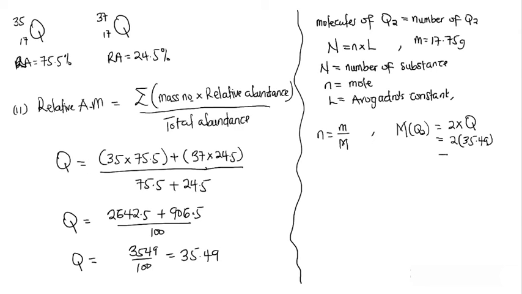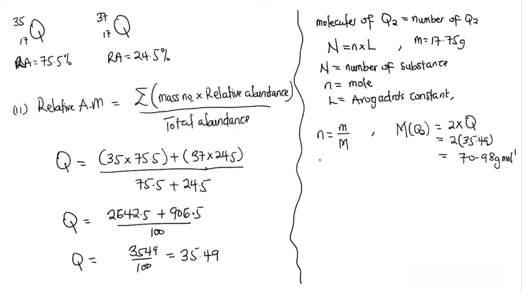So 2 multiplied by 35.49 will give me 70.98 grams per mole as the molar mass of Q2. Now, the molar mass of Q2 is 2 multiplied by Q, because here is Q2. If it is just Q, it will just be Q here. If it is Q3, it will be 3 multiplied by Q. So we use the subscript to multiply the atomic mass when we are calculating the